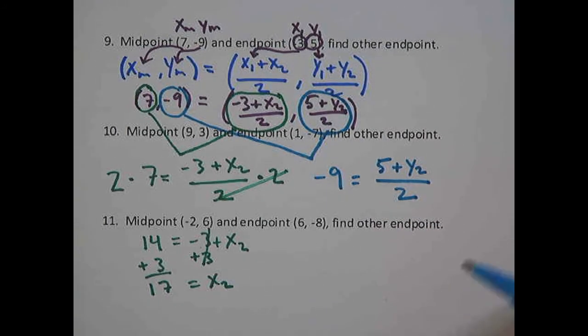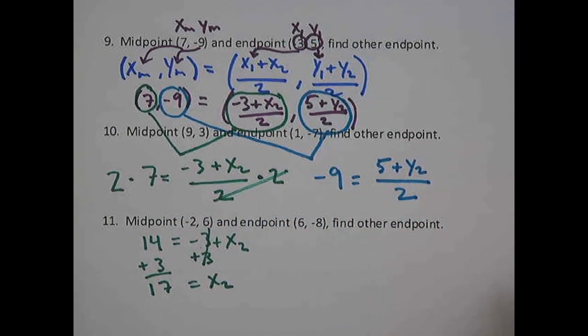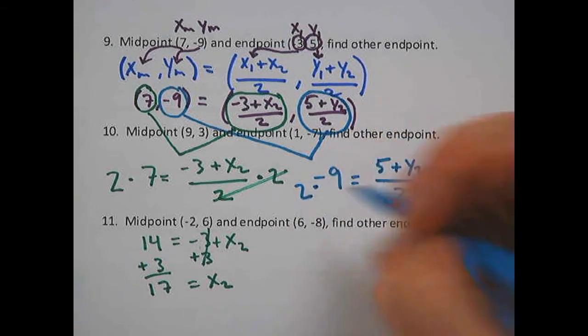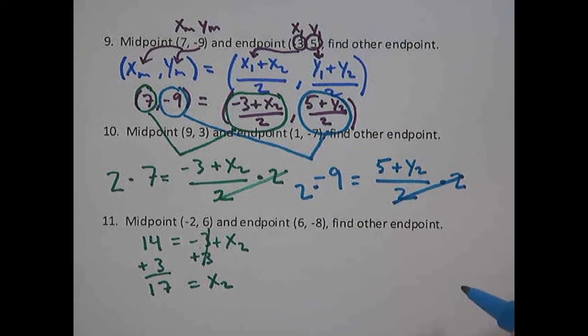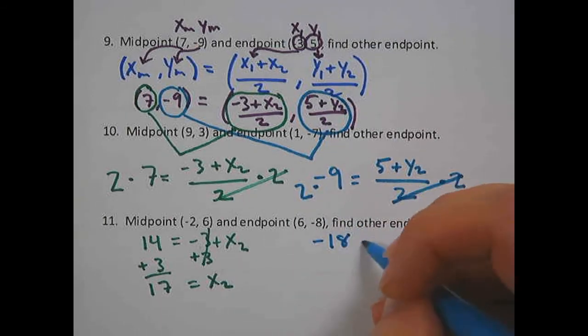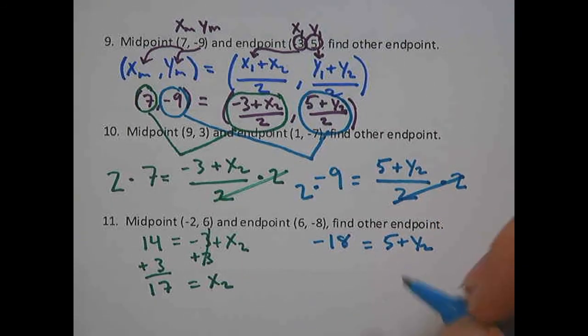And we're going to solve this the exact same way that we solved this equation. We're going to multiply by 2 on both sides first. 2 times -9 is -18. Subtract 5 on both